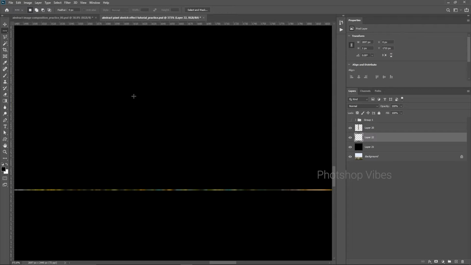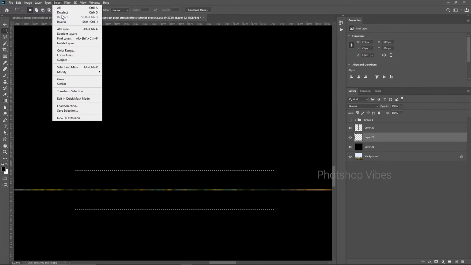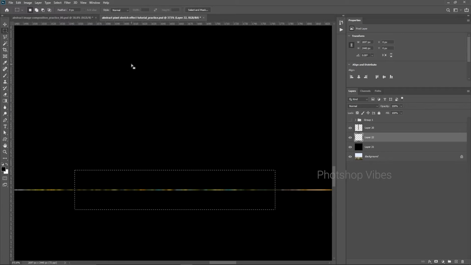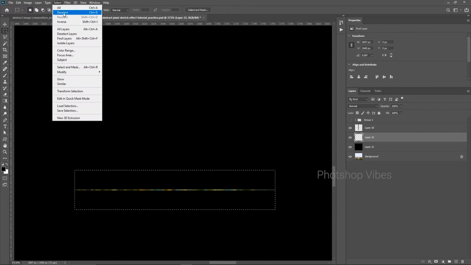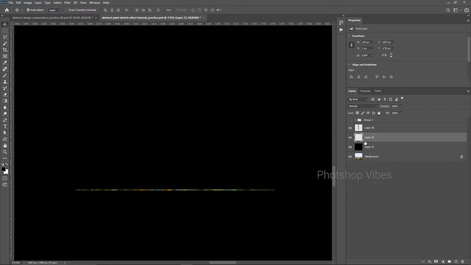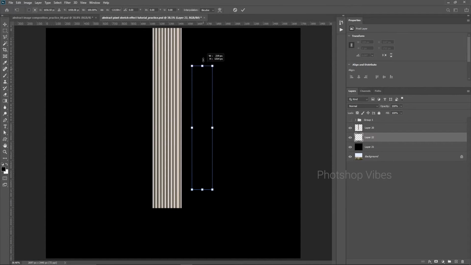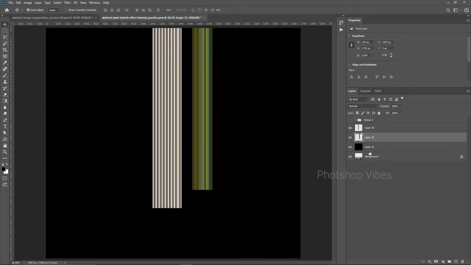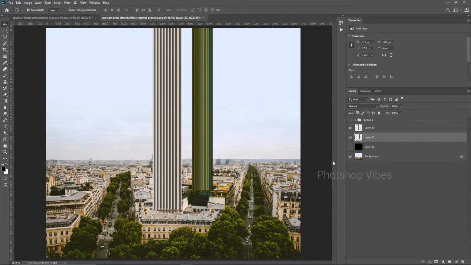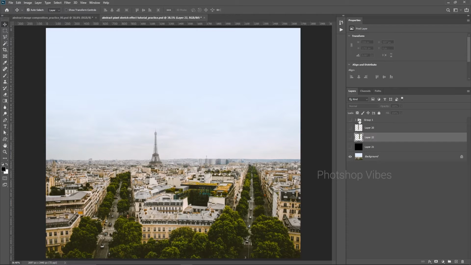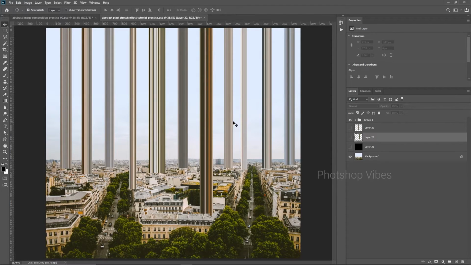To delete the unwanted portion, just select the rectangular marquee tool from the toolbar. Then make a selection like that. Then go to Select and invert this selection. Then just hit delete. Then go to Select and Deselect. Then make sure that you have selected the duplicated pixel. Then hit Ctrl T or Command T on Mac to stretch that pixel. Then just stretch it like that. Yep, it looks really good. So for the sake of the tutorial, I have done the remaining stuff. Here you can see that.